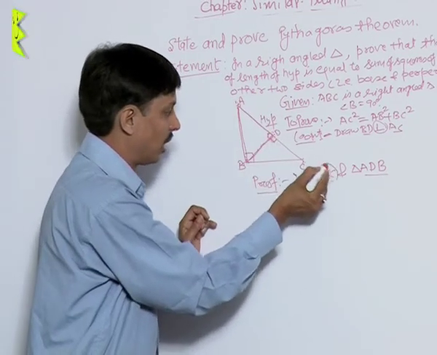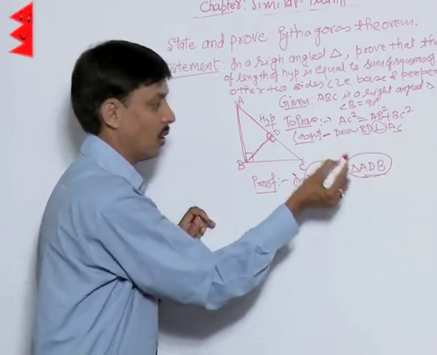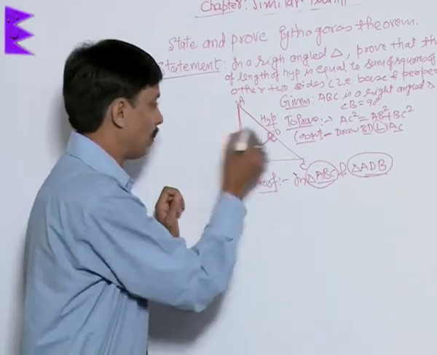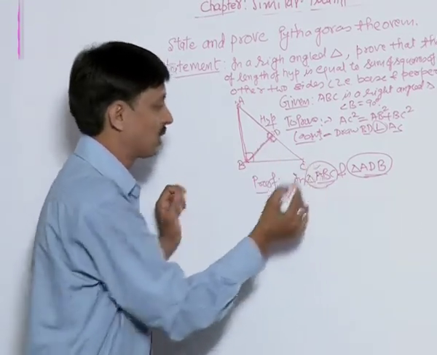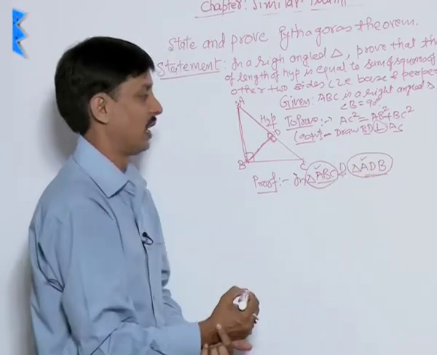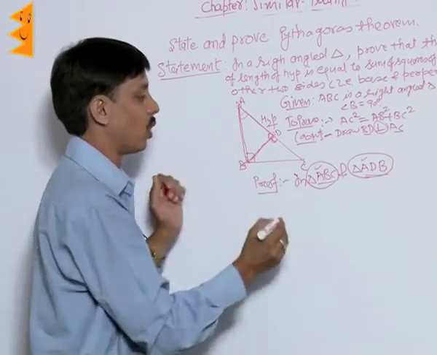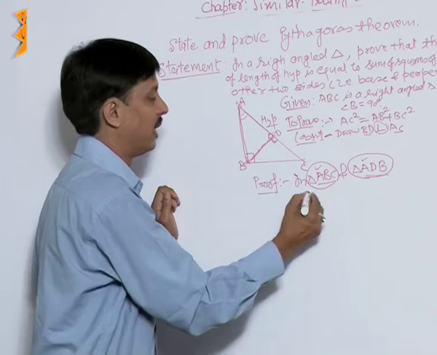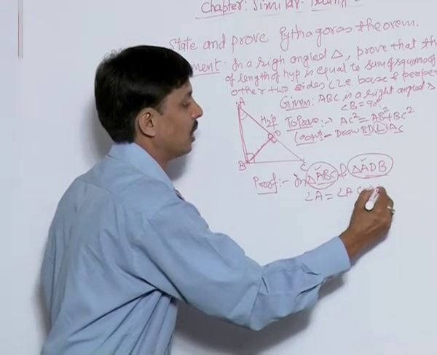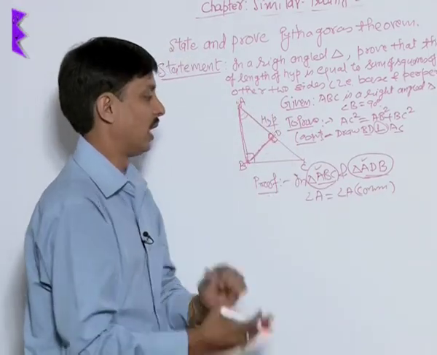So for triangle ABC, which triangle do we need to take? Triangle ADB. What is the reason? You will notice in this proof that the first vertex of the first triangle is A and the first vertex of the second triangle is also A. So in these two triangles, angle A is common. In triangle ABC and triangle ADB we say angle A is equal to angle A. Reason: common angle. Both triangles have the equal angle.